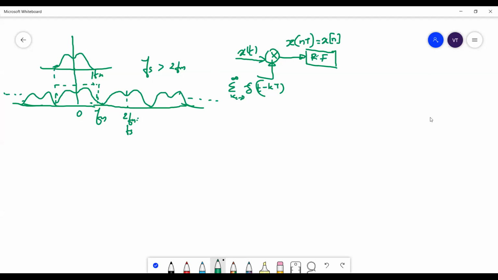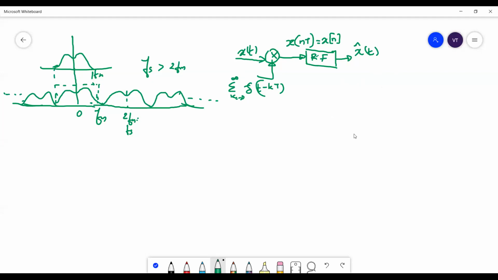If the reconstruction filter is appropriate, then you have this output signal. What this reconstruction will do is interpolate between the samples and get you some x cap of t, which is equal to x of t if the signal x of t is band limited, and if you have sampled above the Nyquist rate, and if you have used an appropriate reconstruction filter, then x cap of t would be equal to x of t. Is it understood?